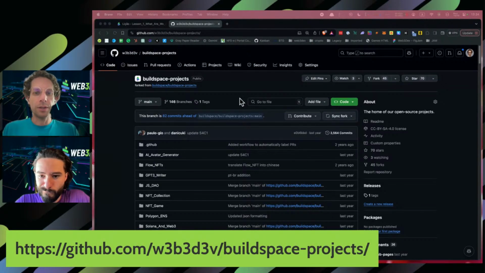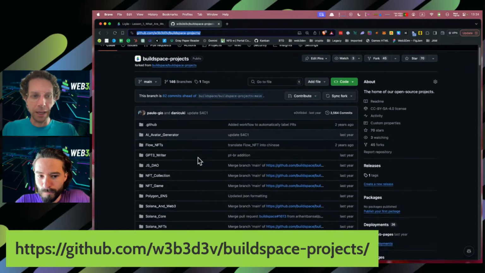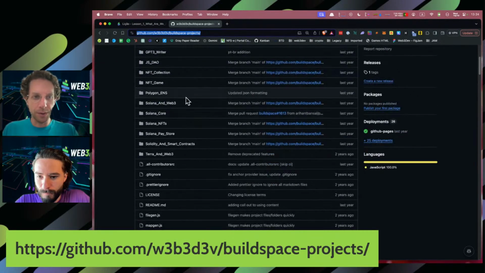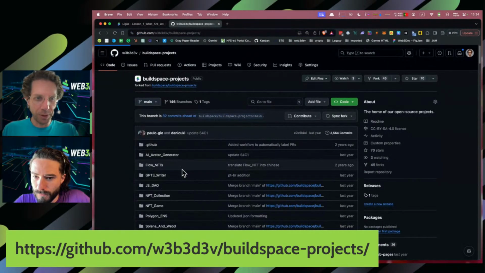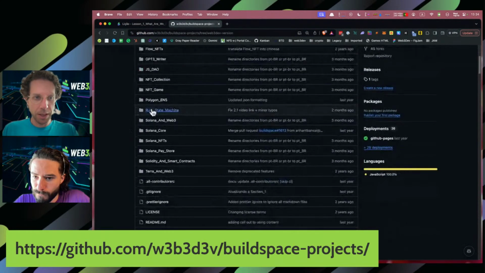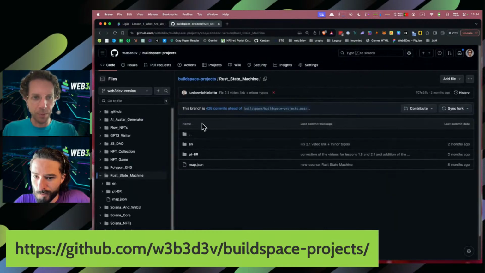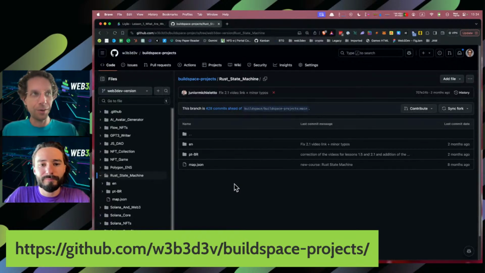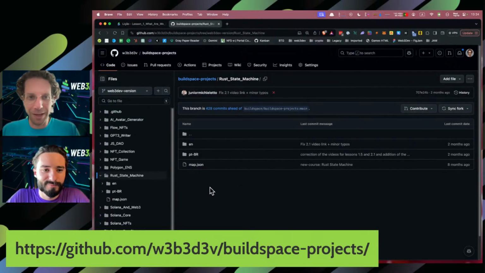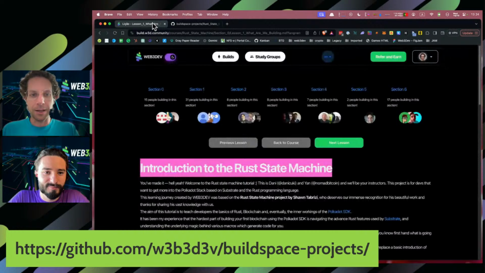Yeah, you can go to this repo here, and for each course, in this case, this is the Rust one. There's a branch called Web3 Dev version. And here you have the Rust state machine and the content in English and Portuguese. If you want to translate to any other language, maybe Hindi or Chinese or Spanish, everything is